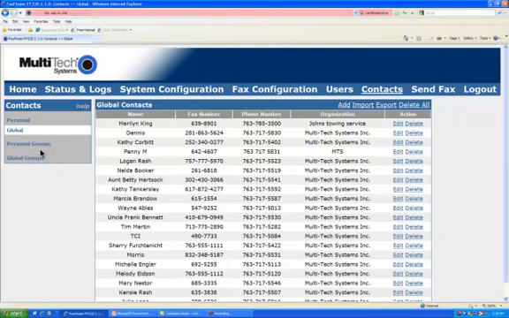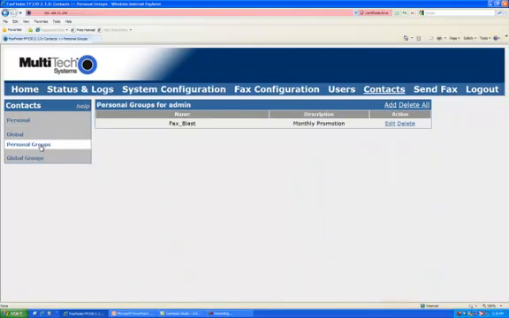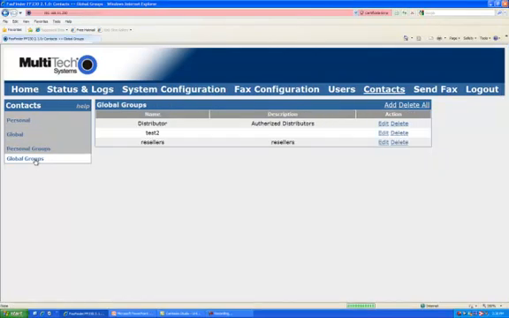list. You can also set up personal groups. So here are the admin's personal groups, and then you can set up global groups. So again, anybody that uses the web client or the print client would be able to pull from these global groups as well. Now the admin is the only person at this time that can edit the global contact list and the global group list. Each person can edit their own personal contacts and personal group lists when they sign in under their username and